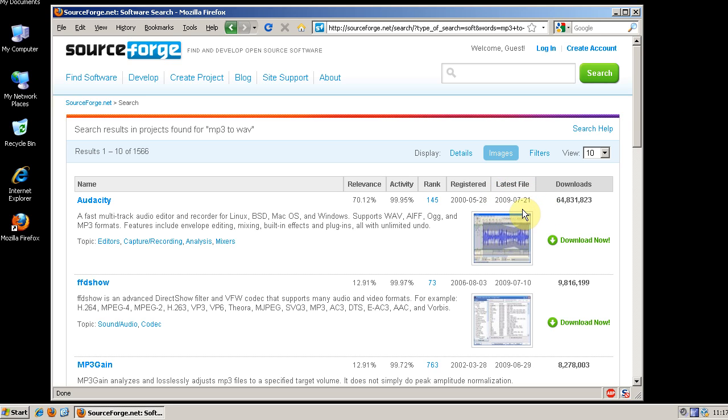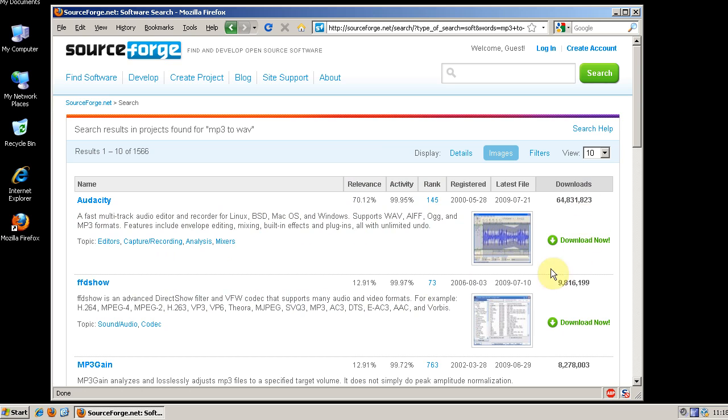Some projects are still considered in active development even though they may have had their latest release in 2008 or 2007. If it's just a single guy working on it, it can be a long time between releases. Also, you can look at the downloads. Audacity's been downloaded 64 million times, and it's well known as a very mature, stable, open source project.